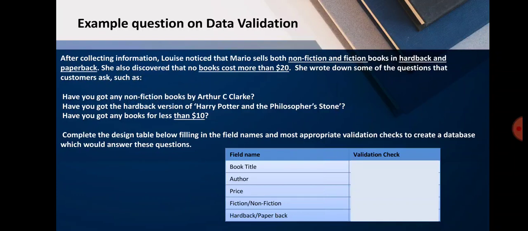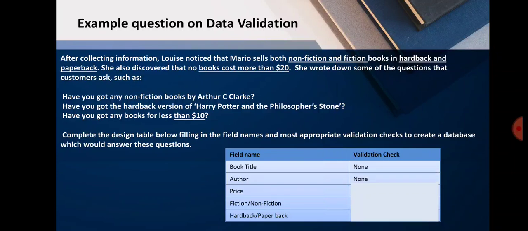See, book title can be any, so sometimes you don't want to write the title also, so you can keep it blank, it's okay. So I will say that there will be no validation check on that field. Author name can be any, and sometimes some books are without author, because the publication has published it, so author also